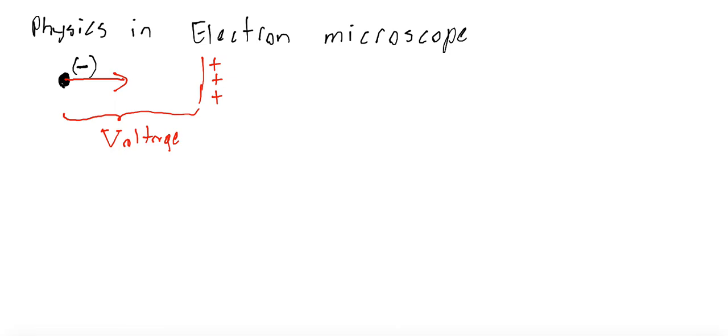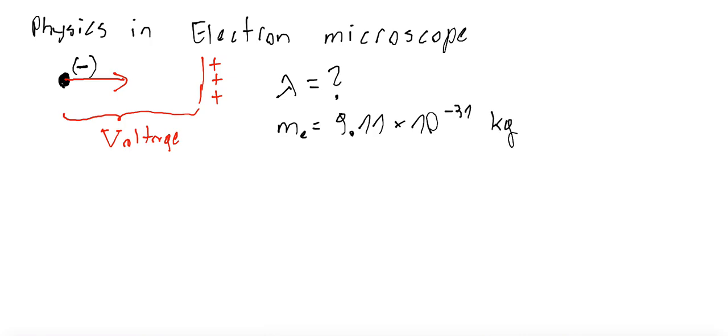So let's imagine that we have a problem. Your task is to find the wavelength of an electron. If the mass of the electron is given, I'm a physicist, so I remember the mass of an electron is 9.11 times 10 to the power of minus 31 kilograms, and the accelerating voltage is also given. Let's imagine that the electron in my imaginary microscope is accelerated by a voltage of 1000 volts. Okay? First of all,